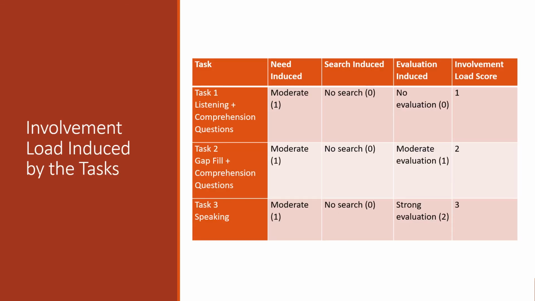So just to summarize the involvement load of all the tasks, the first task that was just listening comprehension questions had an involvement load score of 1. The second task that had gap fill and comprehension questions had an involvement load score of 2. And the third task that was a speaking task had an involvement load score of 3. And the involvement load score was manipulated using the evaluation criteria, and the need and the search stayed the same